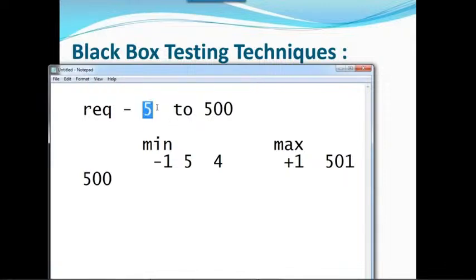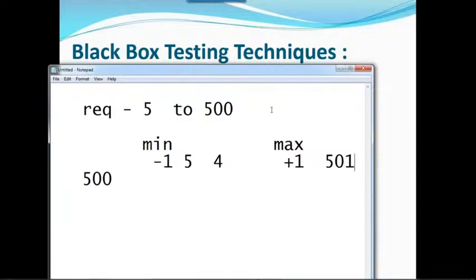So what you can do, you can use BVA. What is BVA? Boundary value analysis. Take the minimum value, take the maximum value. Minimum value minus 1: 5 minus 1 is 4. 4 is invalid, right? It should not allow. In case it is allowing, it is a bug. Similar way, you can take the 500 and add plus 1. 501 should not allow, because if it is allowing, that is the bug. Understanding, right?